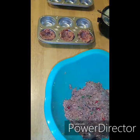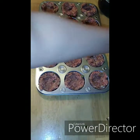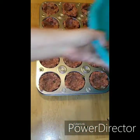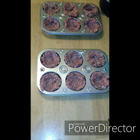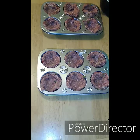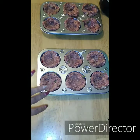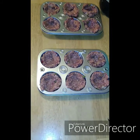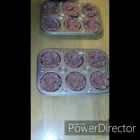Okay, I got my son back behind. So what I'm going to do is go ahead and get the rest of these filled so I don't hold you up, fam, and then we'll come back. Okay, fam. So this is how much meat we have left. And I'm not going to go ahead and start on another pan because like I said, we're going to put some on top. You can either make them bigger and put it on top or on the end, however you want. But I went ahead and made my bottoms a little bigger to stick out. So what we are going to do